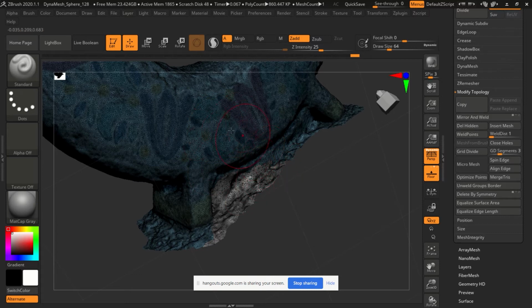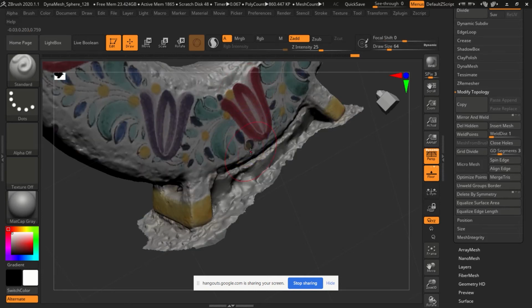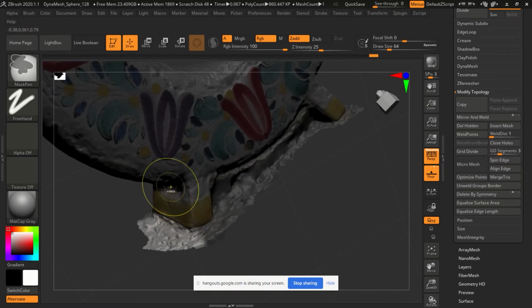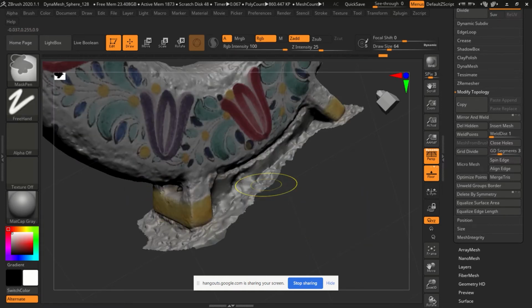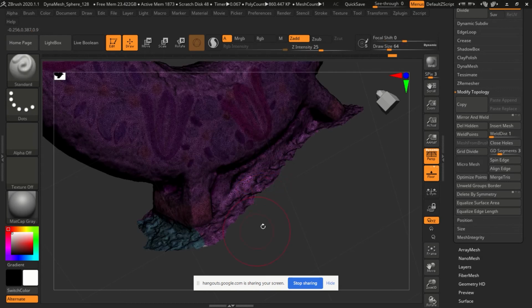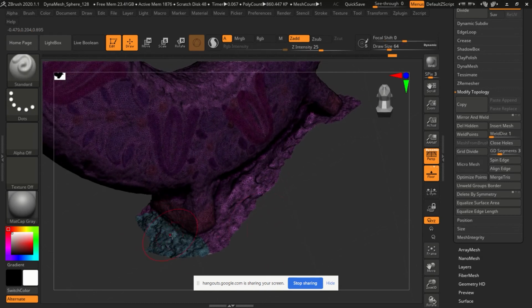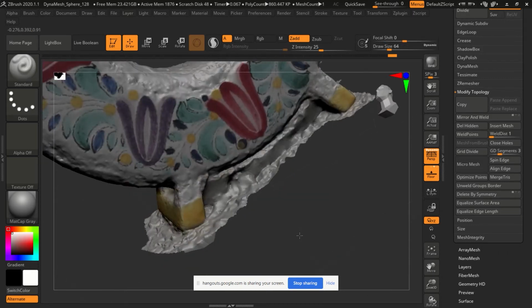If I hit Shift F again to turn it off, I'm going to go back to masking. Let's say I want to mask this part. All right, I'm going to hit Control W. If I hit Shift F, now you'll see this is a different color group. And that's what polygroups are. Once that's a different polygroup,